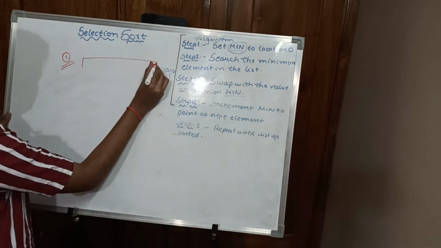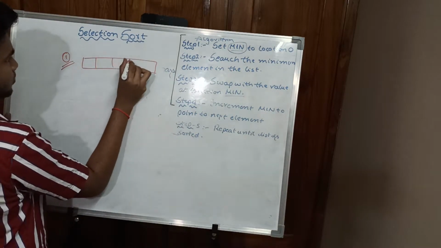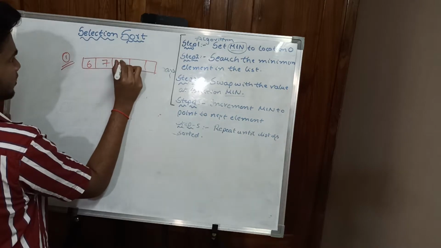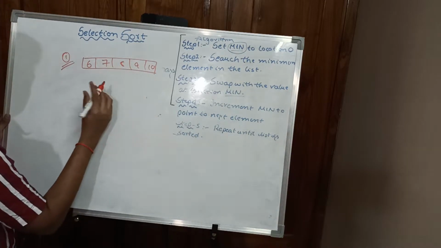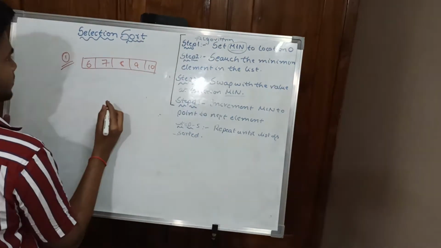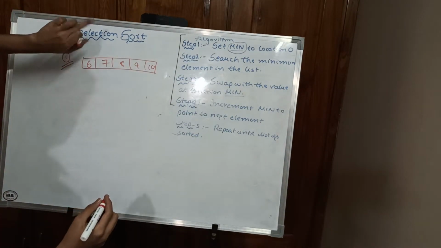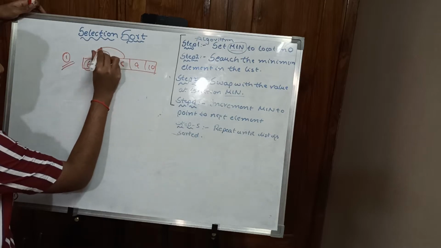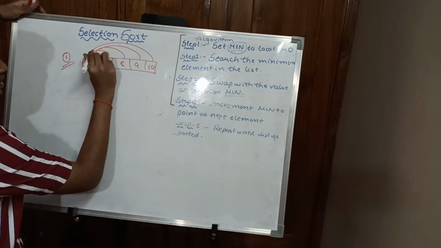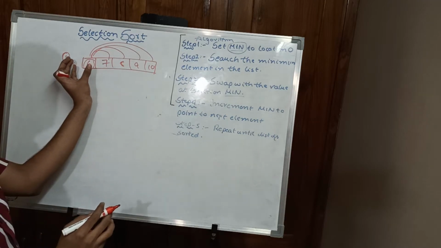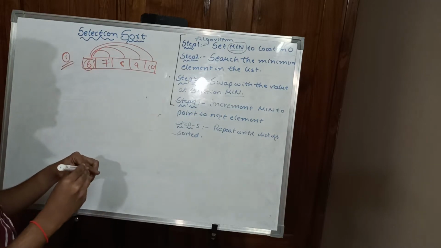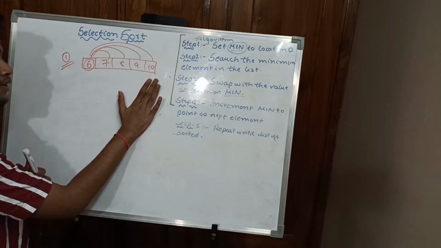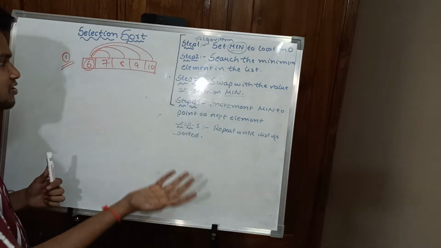So consider an array. I am taking here elements 1, 2, 3, 4, 5, 6, 7, 8, 9, 10. Everything is in arranged order and there is nothing to worry about. But every time a comparison is made, that is, 7 is checked with 6, 8 is checked with 6, 9 is checked with 6 and 10 is checked with 6. That is, 6 is considered to be the minimum value, but a normal checkup is done. So we are comparing there itself, and if any kind of swap is required, we will swap the things.